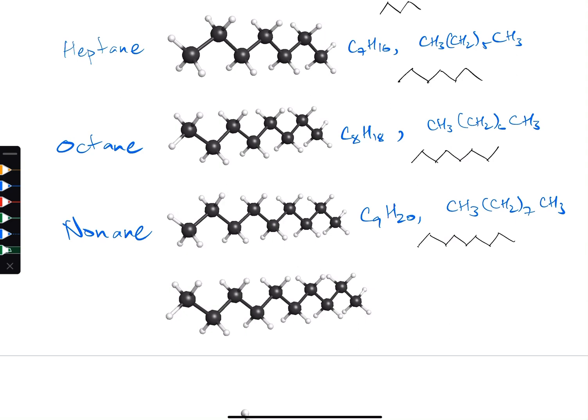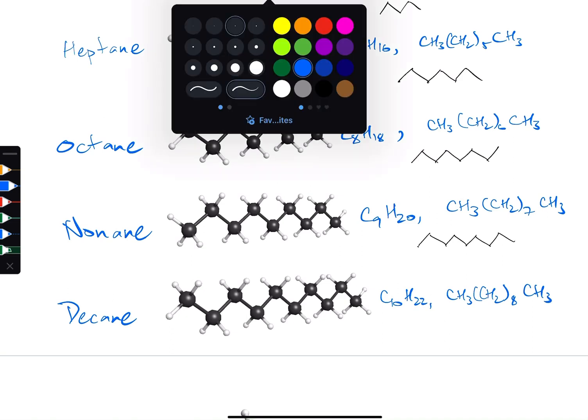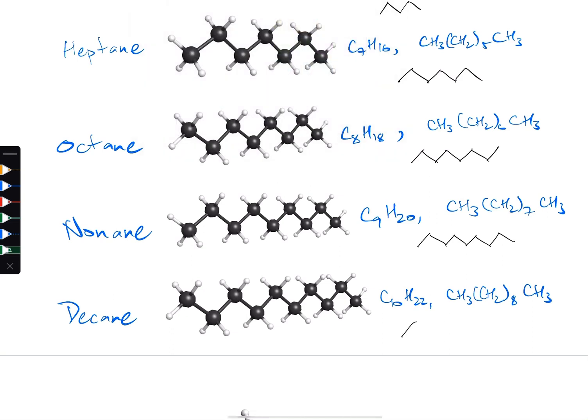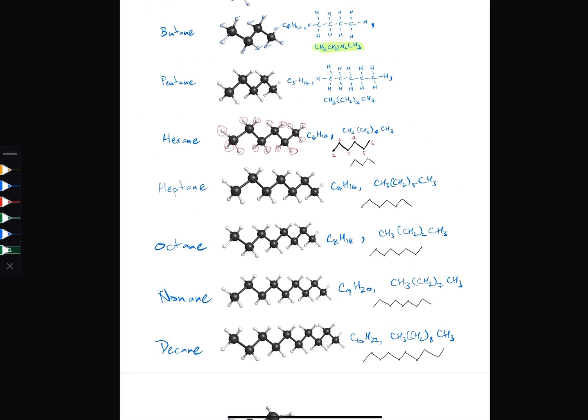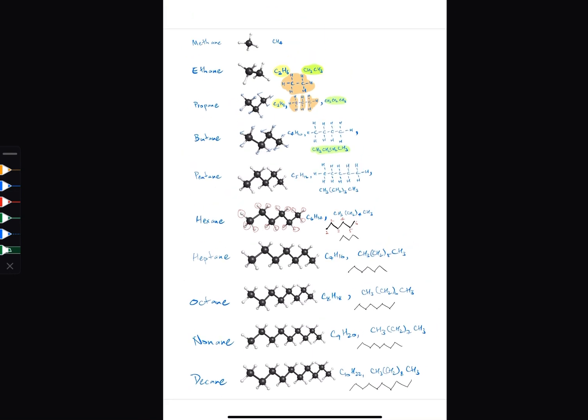And finally, decane, as in decade. 10. C10H22. CH3, CH2 8 times, CH3. And the skeletal formula: 2, 3, 4, 5, 6, 7, 8, 9, 10. There we go. Okay, so there is the first 10